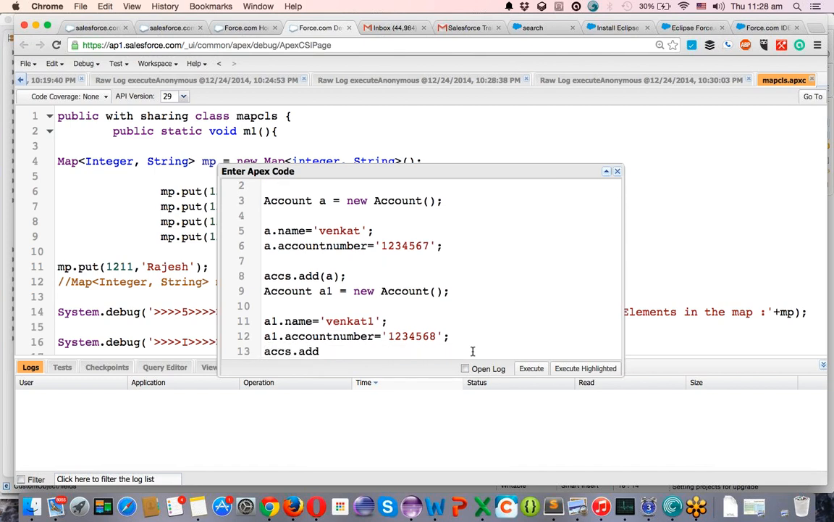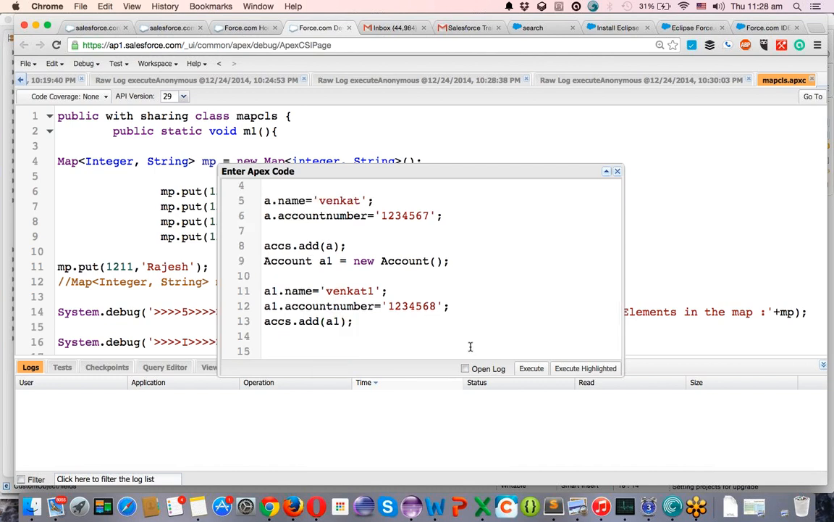ECCS.add(E1). That's it. Now, first of all, I created 2 accounts. I have not saved it. I copied that into the list, that is accounts. There are 2 items in this list. And finally, I can put insert